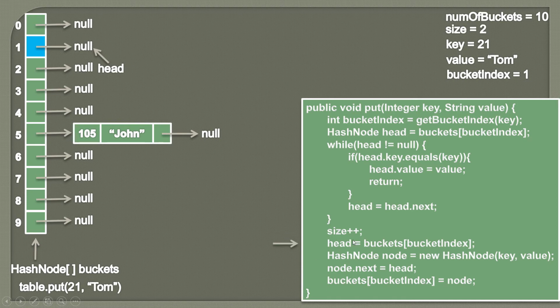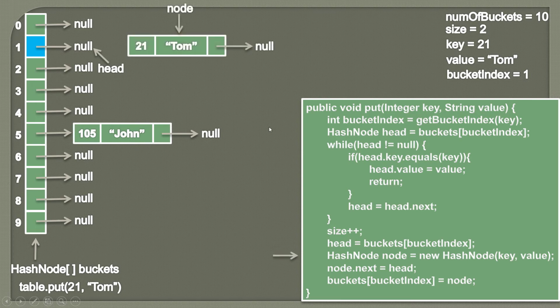And we already discussed that head might travel in this while loop to some of the nodes to simply compare whether 21 is present or not. So we simply bring back head to the starting of the list by again assigning the hash node at bucket index. So head will again point to null.